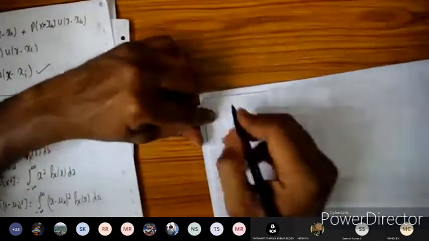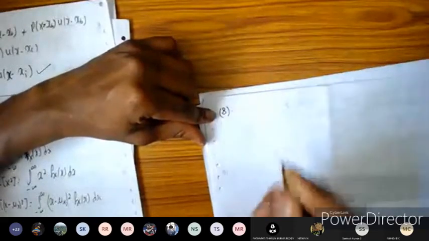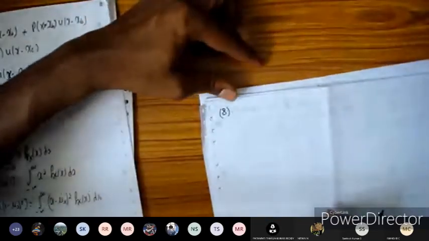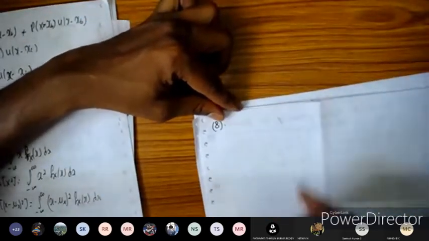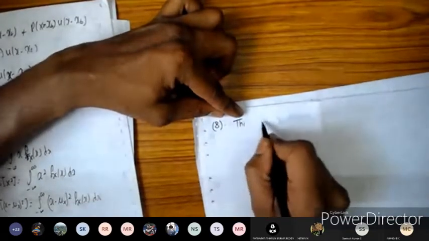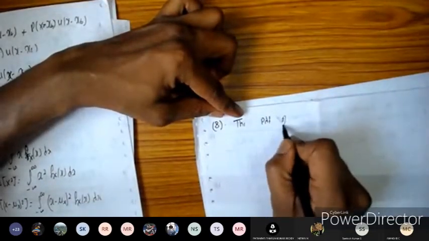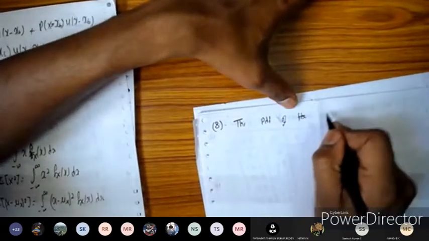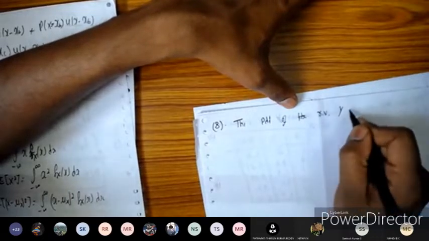Problem number 8. Some exam problems are there, some repeated assignment, that is, the model question paper problems. So I'll take that one. The PDF of the random variable y is given by